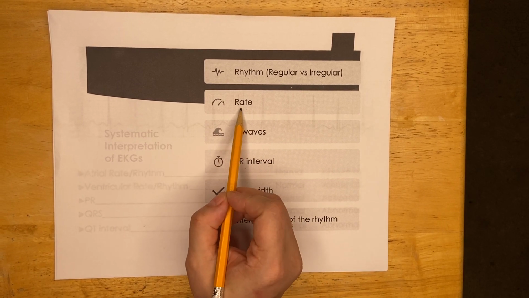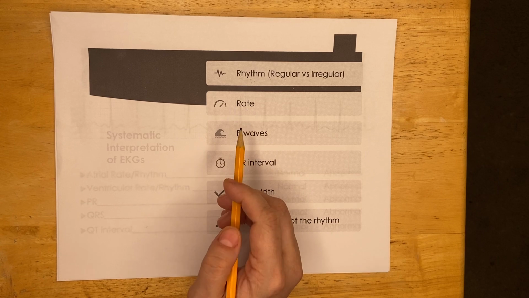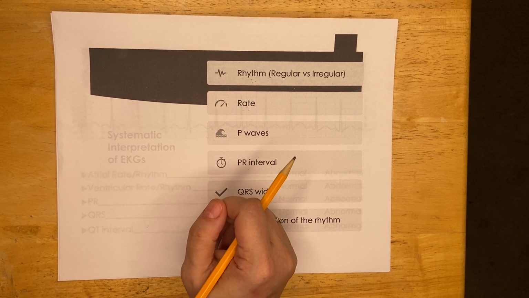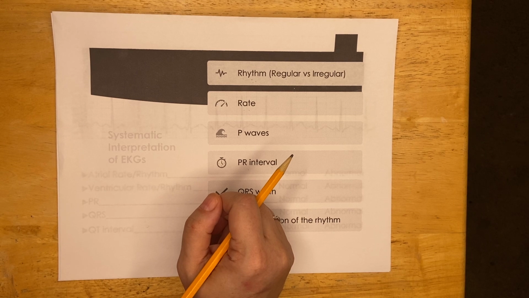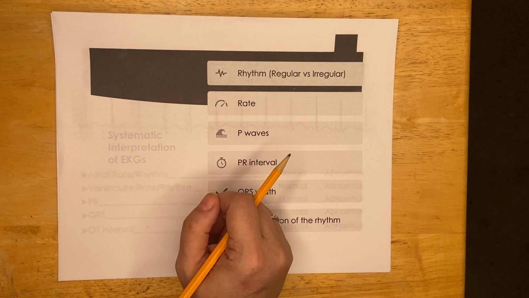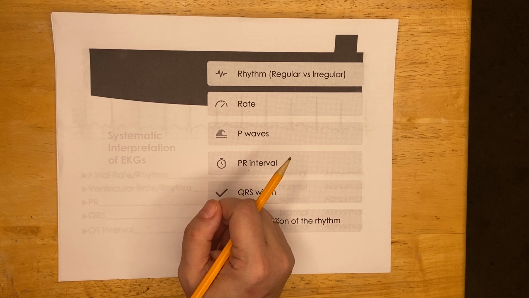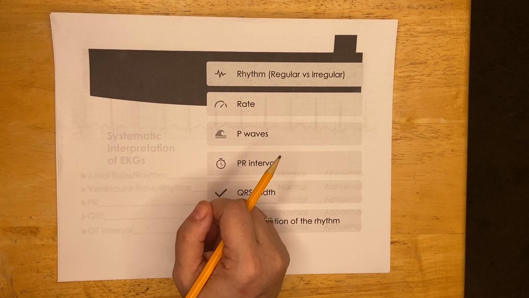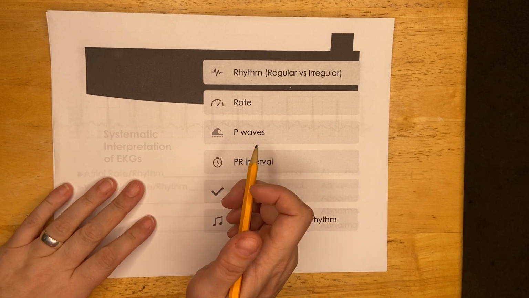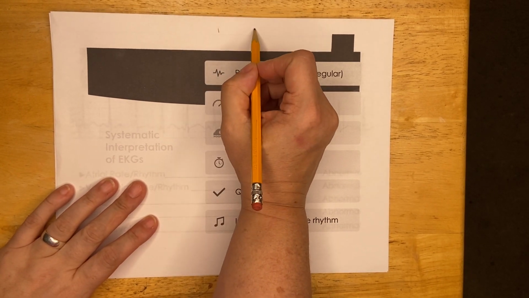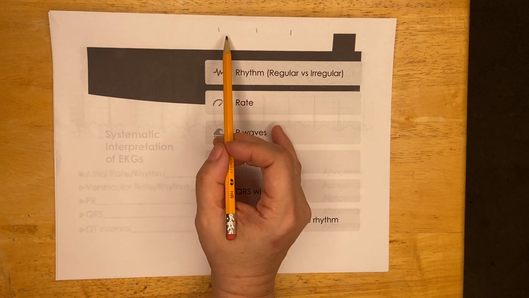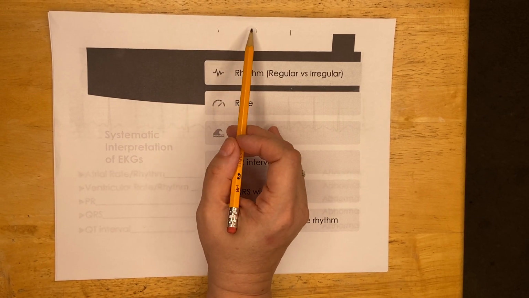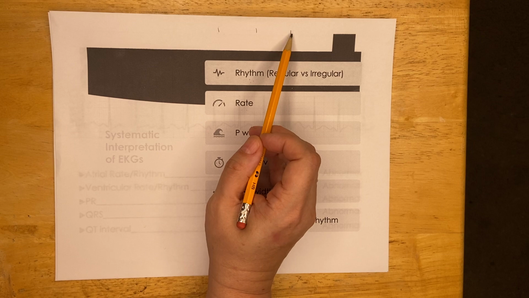The next thing that I like to look at is the rate. Most of the time when we are looking at EKG rhythm strips, the easiest way to look at it is in 6-second strips. Now, not all of the strips that are in your practice packet are actually 6-second strips, but on a lot of them, you're going to see some darker hash marks. When you see darker hash marks, between those two hash marks are 3 seconds. So 2 sets of those are